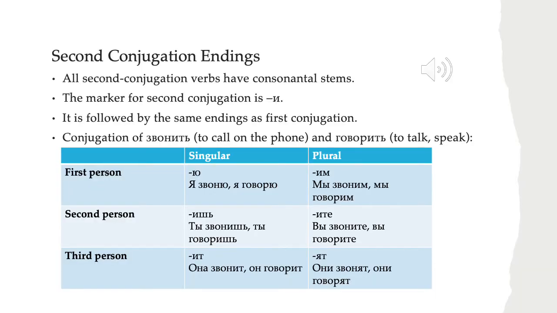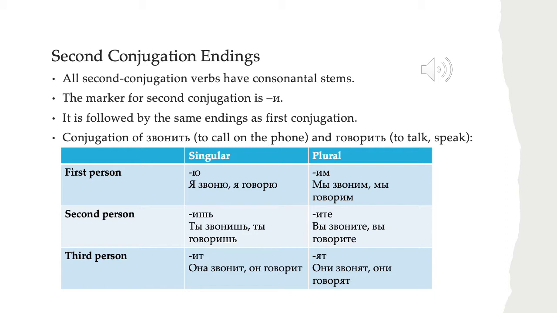So second conjugation verbs are very similar to first conjugation verbs, and in fact the personal endings, the markers for first person, second person, third person are the same. So for example, the ты form is going to have ш, мягкий знак. The third person is all going to have т, мы is going to have м, вы is going to have те. So those endings, those personal markers are the same. It's the vowel that goes before them that's different.